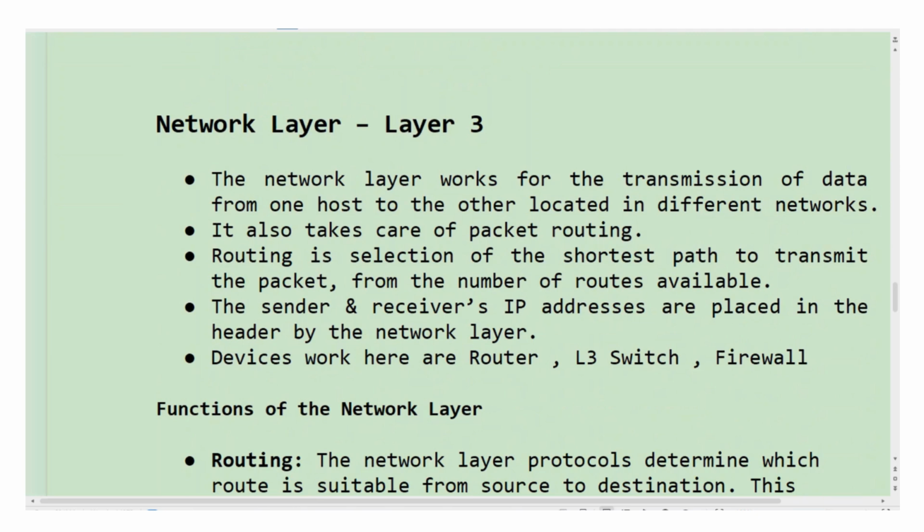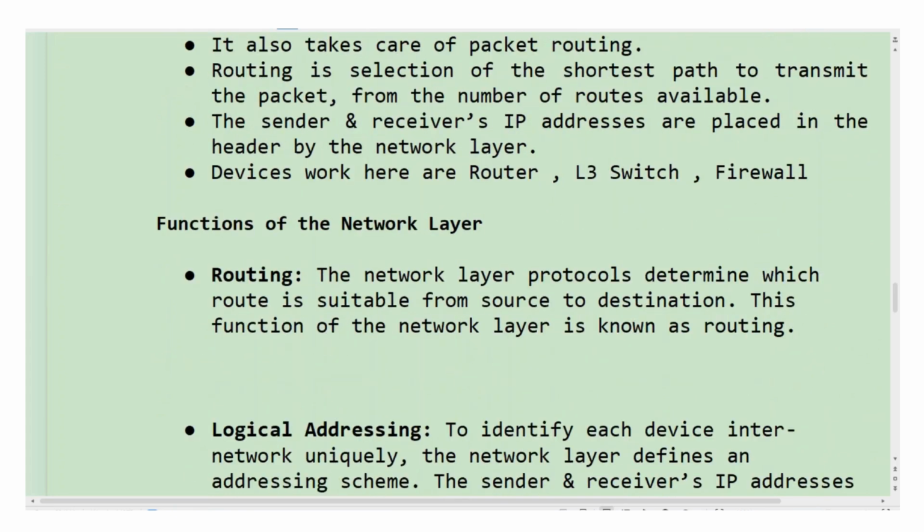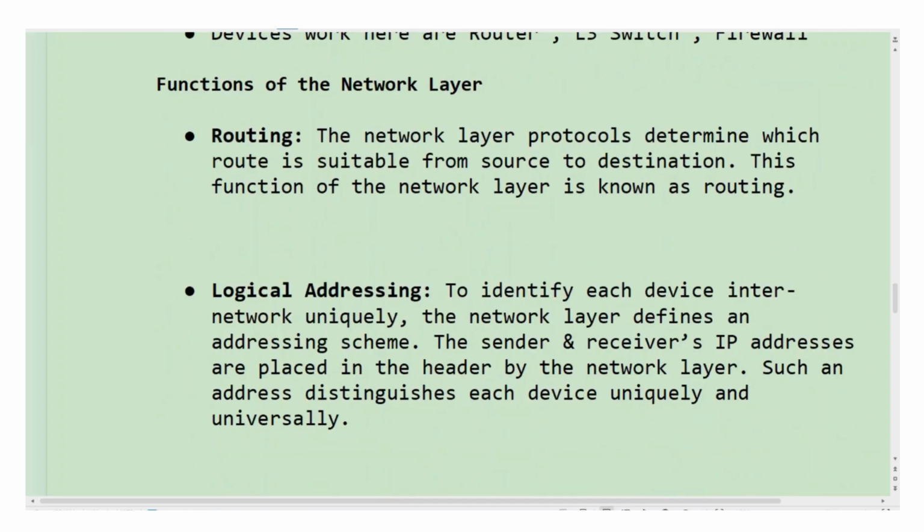Then transport layer, layer 4. The transport layer provides services to the application layer and takes services from the network layer. The data in the transport layer is referred to as segments. It is responsible for the end-to-end delivery of the complete message. The transport layer also provides the acknowledgement of the successful data transmission and retransmits the data if an error is found. Then at the sender side, the transport layer